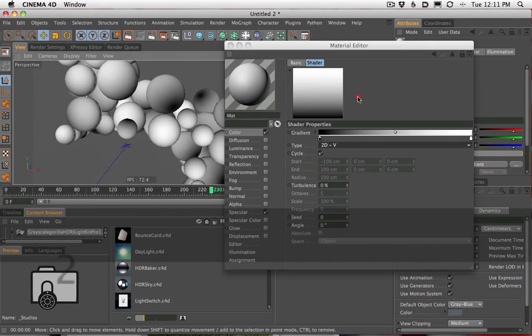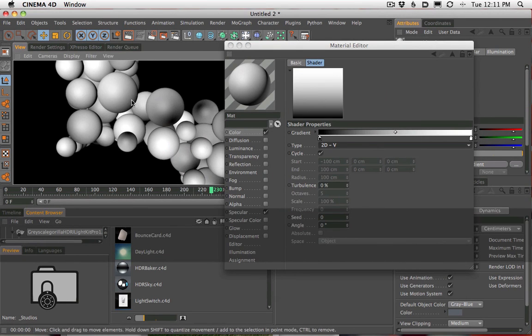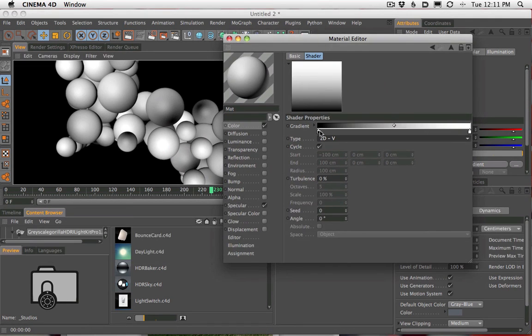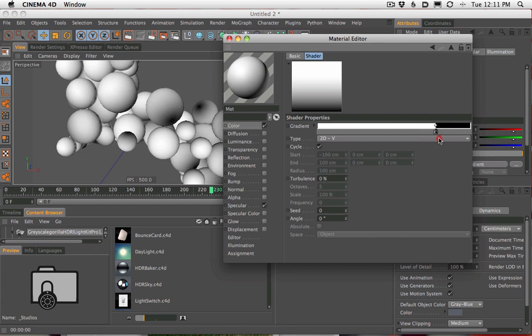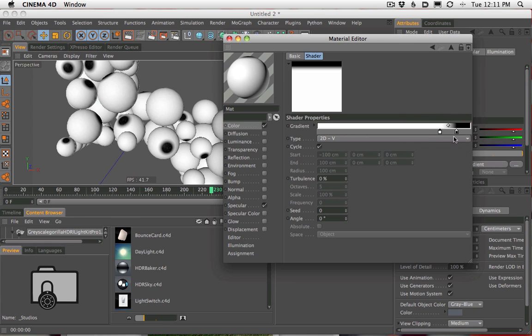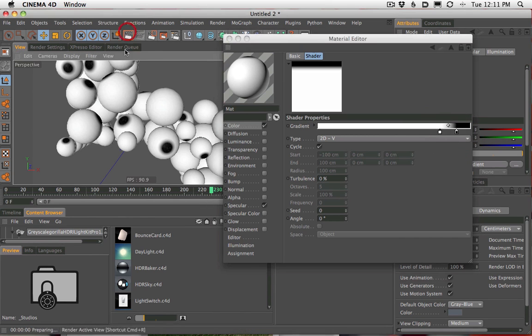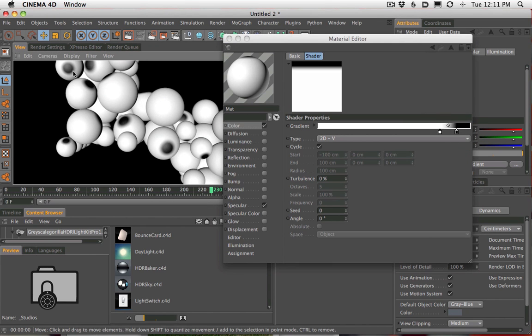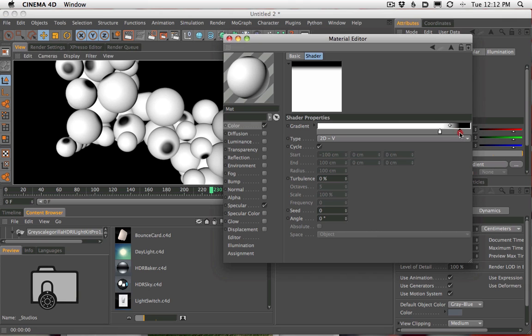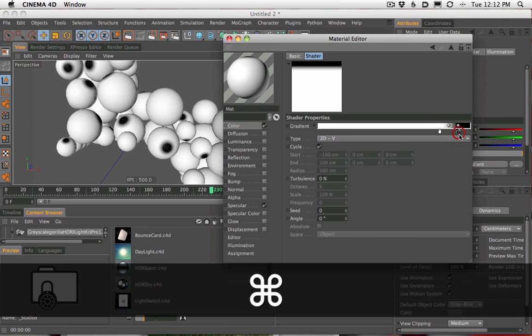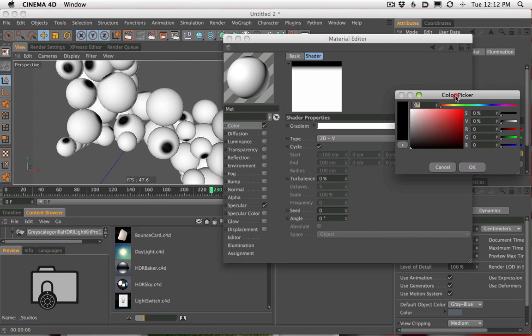So if we zoom in, you can see it's kind of black to white all the way through. Now, what we actually want to do is make most of it white. So let's go ahead and make that white all the way up front to here. You can see now we almost have this eyeball shape already. We have all the way to white and then a little bit of black. So we'll leave the black here. But the black is going to back out to a color.